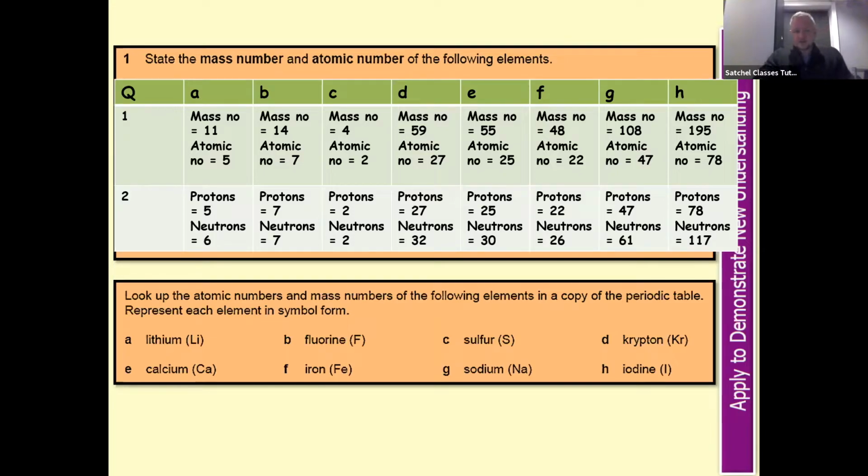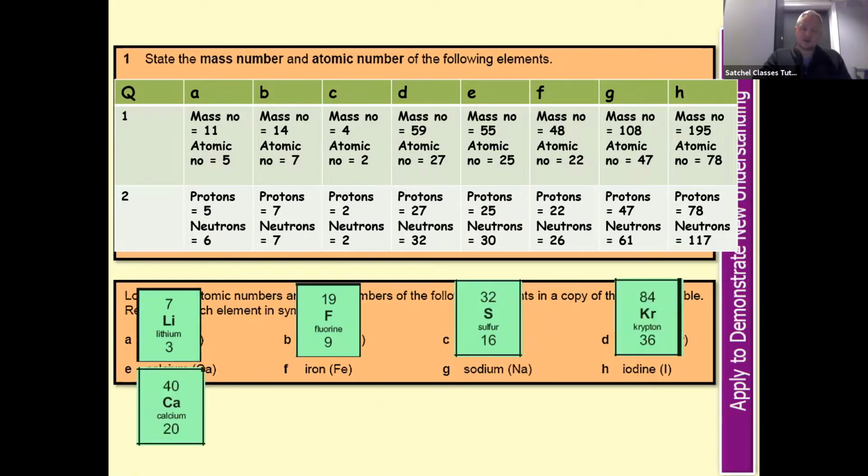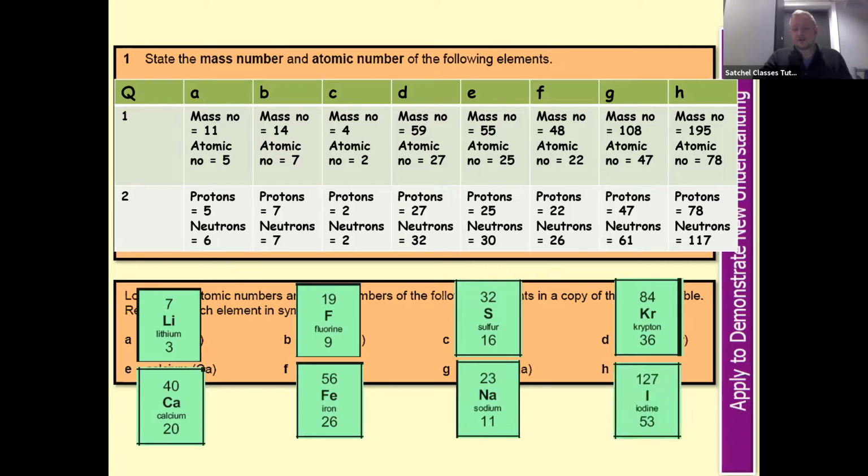Finally, the last question, look up the atomic numbers and mass numbers of the following elements in a copy of the periodic table. Represent each element in symbol form. It's essentially just asking you to draw or write the symbol. Lithium is 7 3 Li, fluorine 19 9 F, sulfur 32 16 S, krypton 84 36 Kr, calcium 40 20 Ca, iron 56 26 Fe, sodium 23 11 Na, iodine